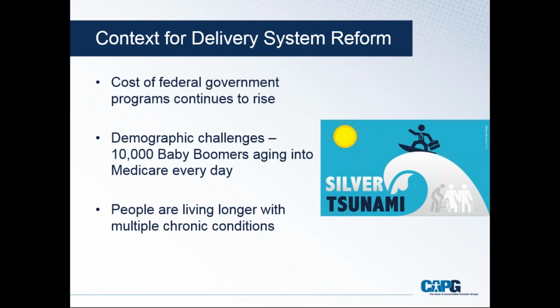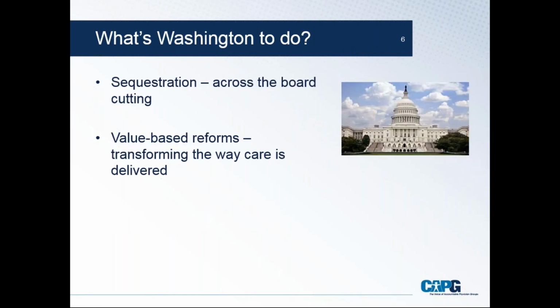And so our federal policymakers, I think wisely, are looking for ways to build, or encourage the building of, a delivery system to meet those challenges. As we think about the strife and struggle associated with the movement to alternative payment models, it's important to keep in mind that Washington, when faced with budgetary pressures, has reacted in a couple of different ways. And one of those ways in the past has been sequestration, a fancy word for across-the-board cuts.